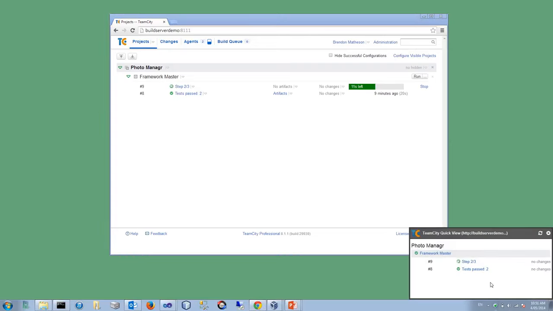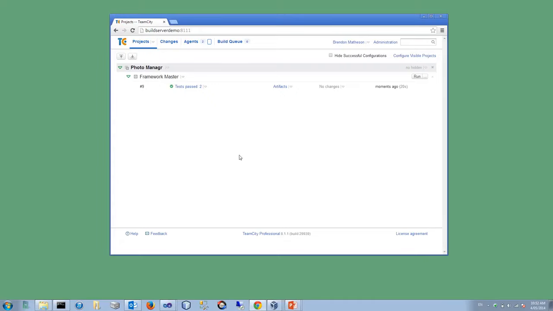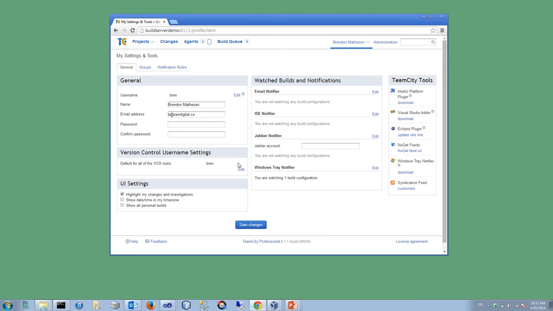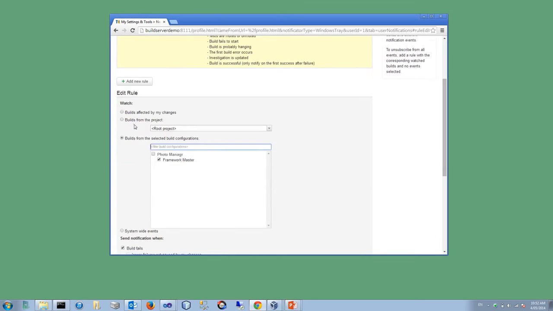Well, apparently not. Oh, so it's actually showing me the live status, but it didn't give me a notification prompt. As I said, it is a little bit kludgy, this particular monitor. Let's just check our settings one more time. I must admit, I don't think I've ever had this work very consistently, so let's try changing the scope to